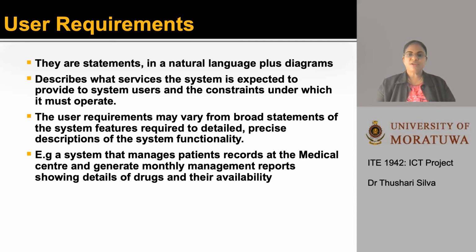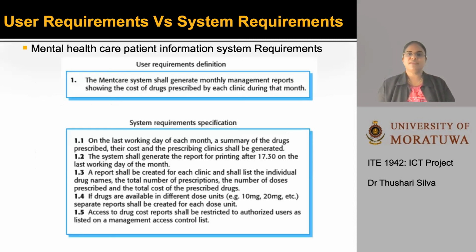Right. So now when we go and talk about what sort of things, let's look at another example. Let's look at the previous example, the mental health care patient information system, where there's a medical clinic and their patients' information will be recorded. So mental health care, so a specific set of patients, not general. Physicians will be working, and they are specialized in mental health. So now if we want to develop a system for such a medical center, what sort of requirements do we need